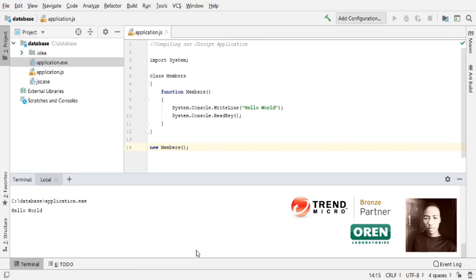And with that sudden pause waiting for a read key, when we press a key, it just says K, and that's the key that we actually pressed, and then we're done. And that's how to build and compile our console application in JScript, aka JavaScript, under the .NET framework. So it's JavaScript with